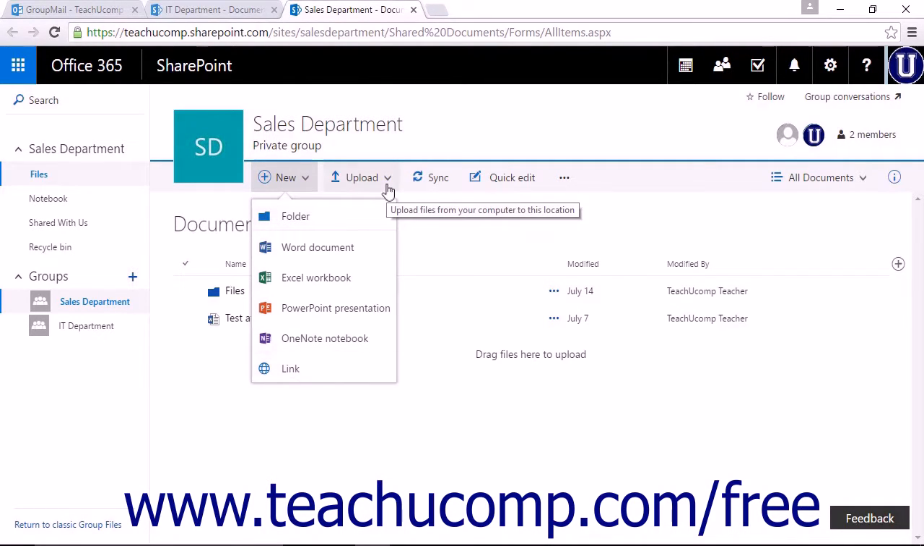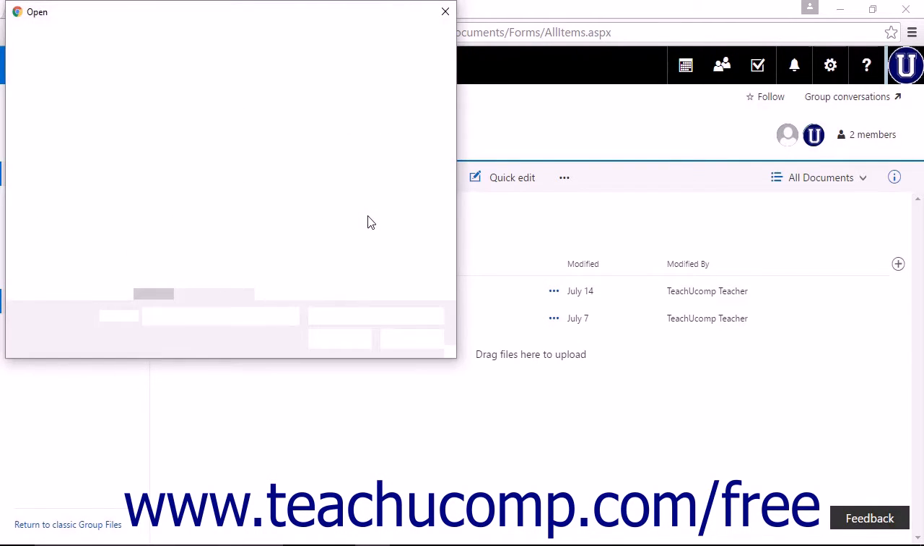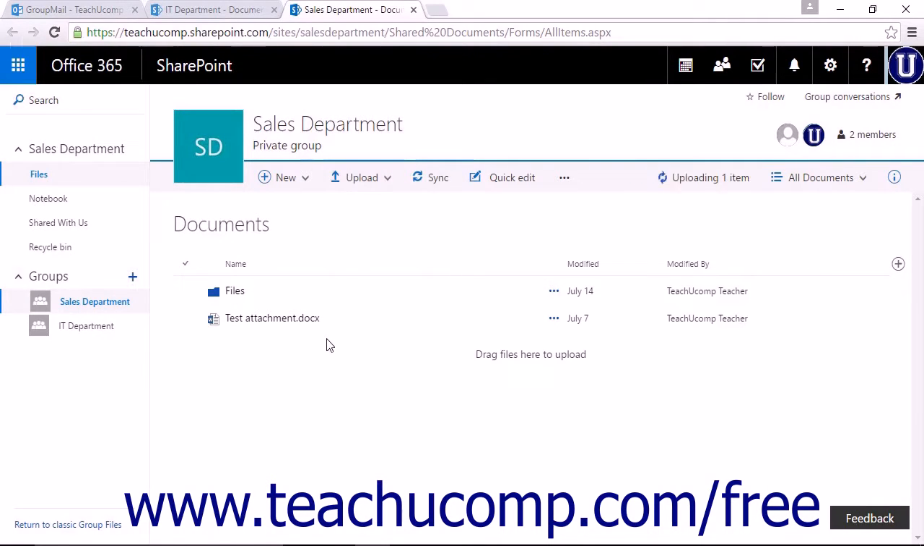You can upload documents by clicking Upload and choosing a file or folder from your computer. Clicking either File or Folder will open an Upload dialog box where you can navigate to the file or folder and click it and add it to the file name field. You can then click Open to upload the file. Alternatively, you can simply drag and drop files onto the page from a folder on your computer to add them